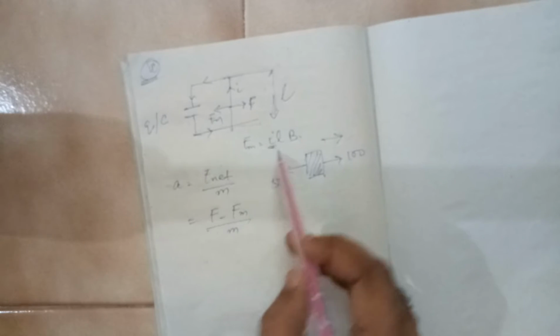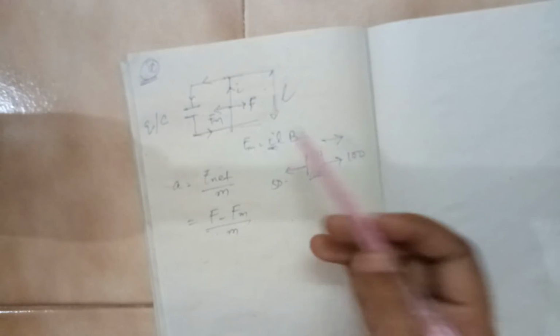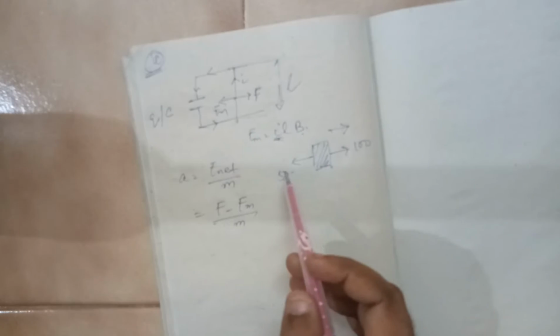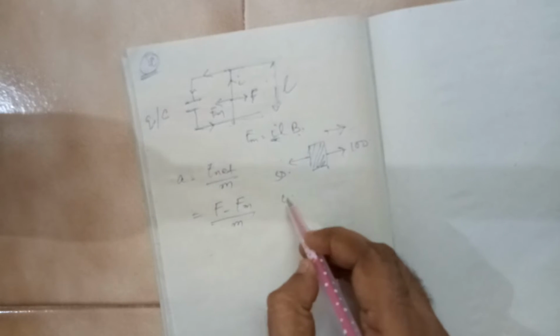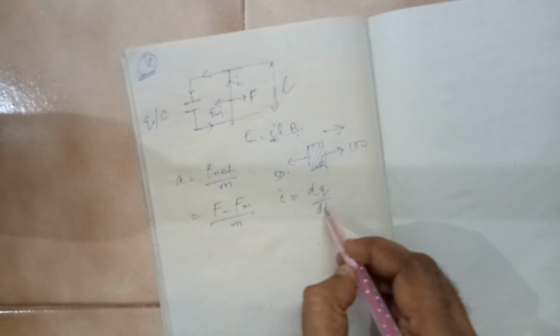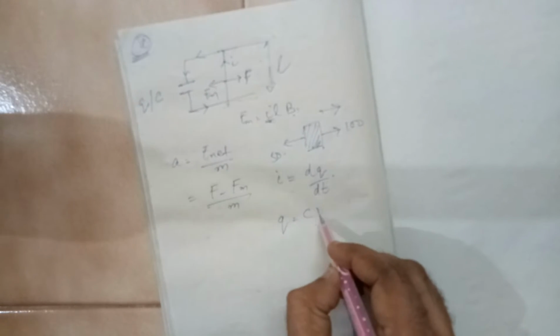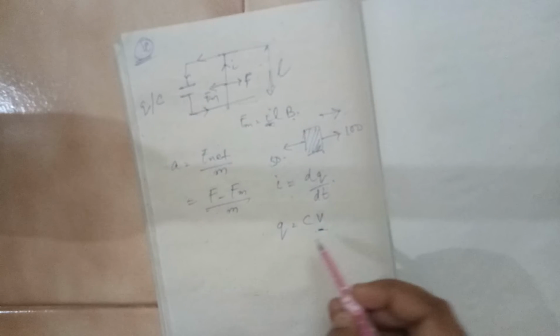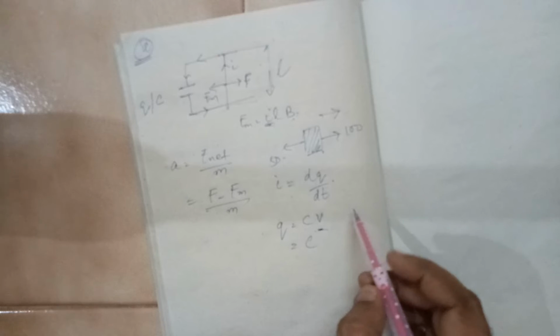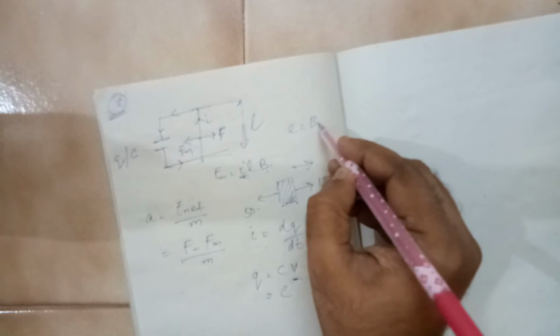So here we have to find out what is the value of I, because B and L, they are known. So for finding out I, what is I basically? I is equal to dq by dt. I need to differentiate the charge with respect to time. So what is this charge? Because there is a capacitor plate provided, charge is equal to C multiplied by V. This V is here the induced EMF. Because this is a case of motional EMF, we can write C multiplied by the motional EMF, BLV, where this V is the velocity.